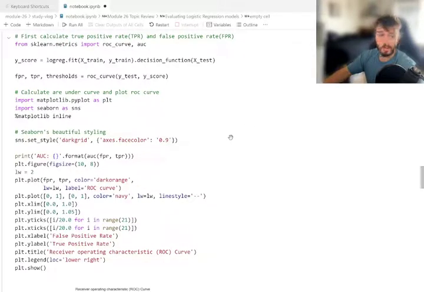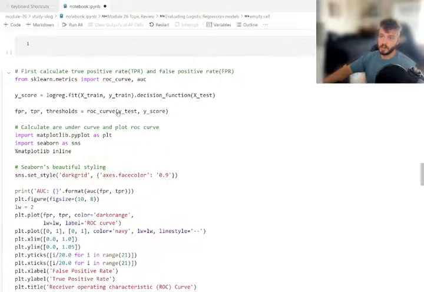Scikit-Learn in the metrics module has some functions that make this pretty easy for us to calculate. It's ROC curve and AUC. So we're instantiating our model and we're fitting it here. We're calling this decision function, which I need to read the docs on a little bit more. So we do that to declare this variable y_score, and we pass that in along with our